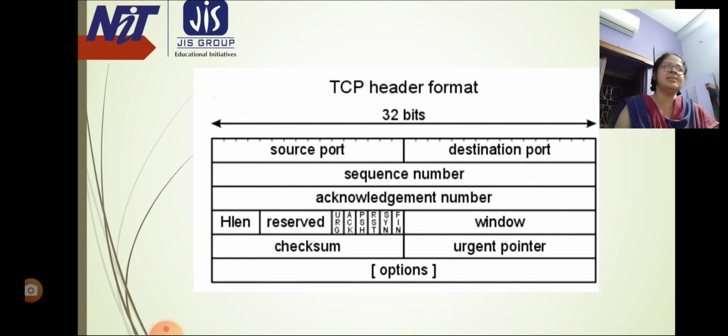The timer is needed in case a packet gets lost or corrupted. While IP handles actual delivery of data, TCP keeps track of segments, the individual units of data transmission that a message is divided into for efficient routing through the network.